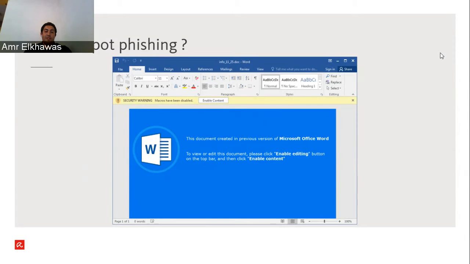Whenever we see this page, then we know the phishing attempt succeeded. But as I said, this is a chain. So if we stopped it at the phishing part of the cyber kill chain, then we don't have to worry about the rest. But if we don't, this is the next stage of exploitation. So when you see a security warning like this, that macros have been disabled, just don't enable content. There is no such thing as a document that was created in a previous version of Microsoft Word and you have to enable editing so that you can read it. This is also another social engineering trick that's being used by